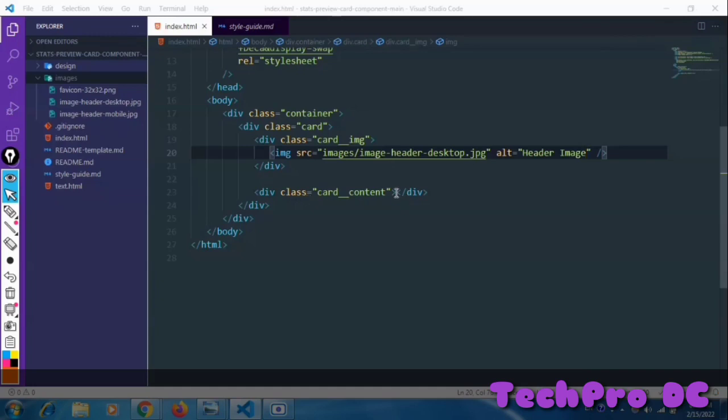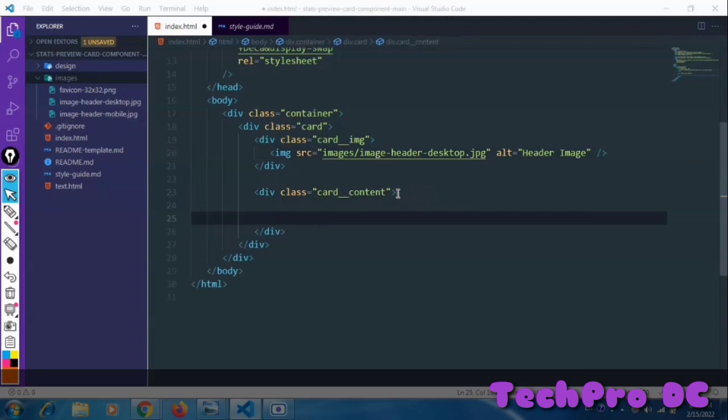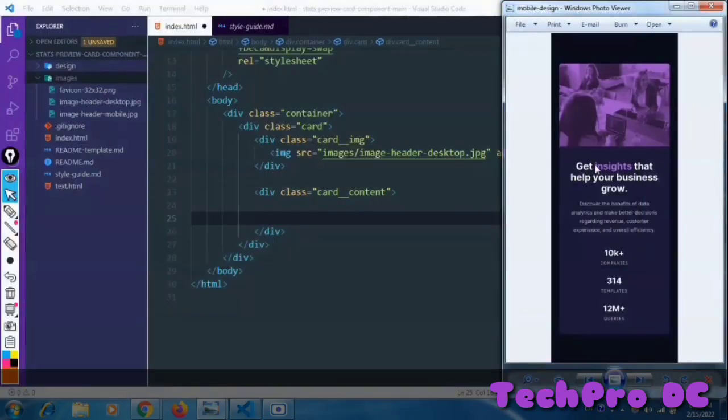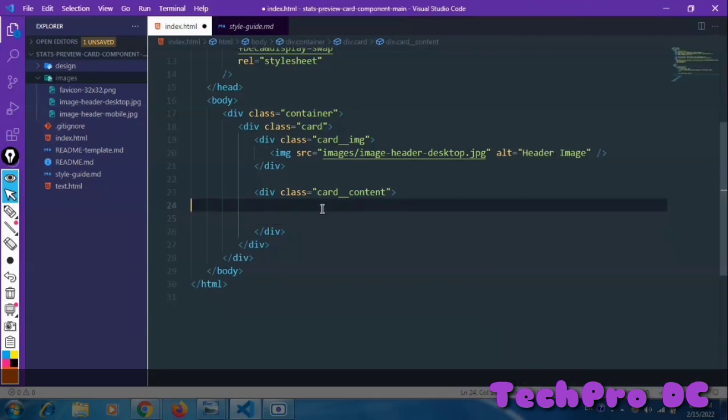The next thing is the content. Let me go to the design. For the content, I'm having different things inside. This is the first one, second. Then these stats, so we can just group them together inside a single div. Then we are going to create 3 sections inside that div. So I'm having 3 elements that I want to build up here. This is the first element, this is the second, and this is the third element. So inside this card here now,